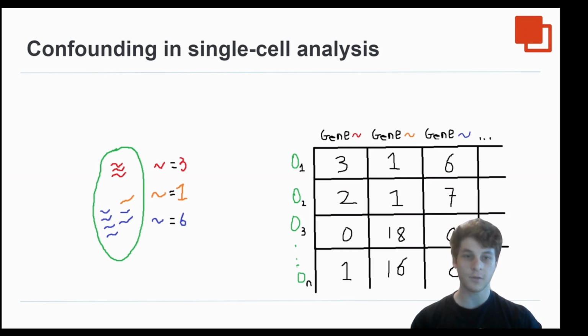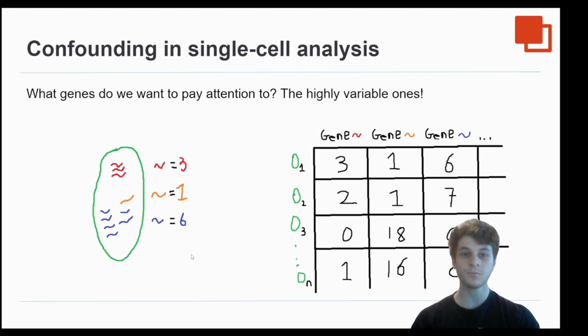We can put the results into a matrix, as shown here, with cells as rows and genes as columns. This analysis is called single-cell analysis, and it produces an enormous amount of data. So much data that the first challenge is actually picking which genes to focus on. It has been shown that genes with high standard deviations contain more useful information, so let's see which genes have